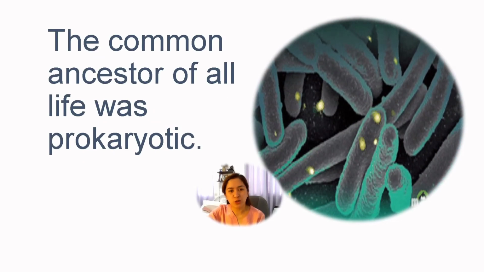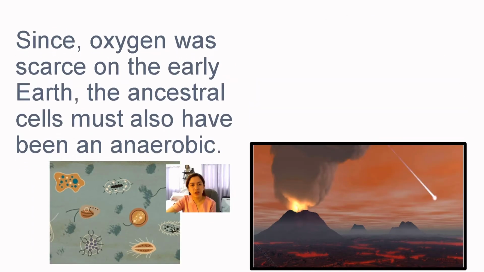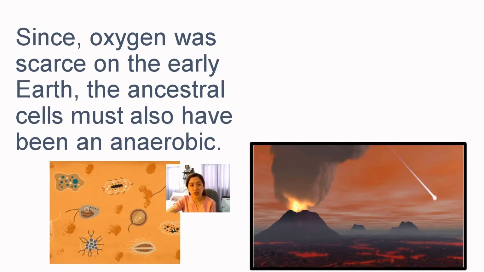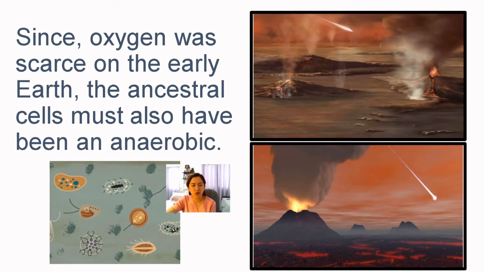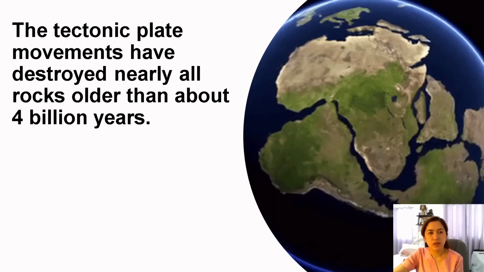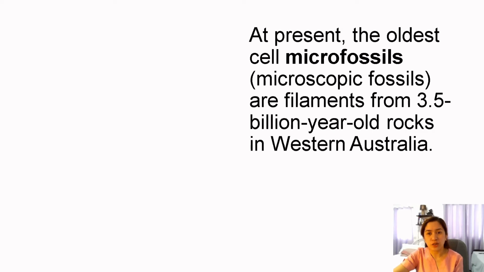The common ancestor of all life was prokaryotic. Since oxygen was scarce on the early Earth, the ancestral cells must also have been anaerobic, meaning they don't need oxygen to live. The tectonic plate movements have destroyed nearly all rocks older than about 4 billion years old. This is why, at present, the oldest cell microfossils, or microscopic fossils, are filaments from 3.5 billion-year-old rocks in Western